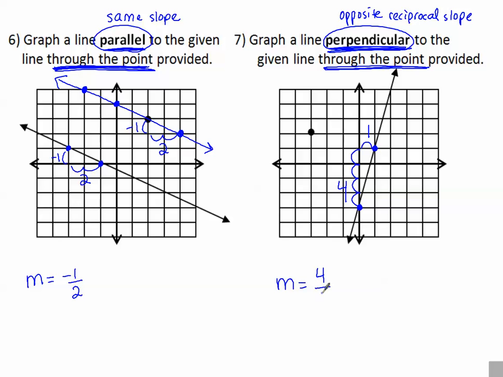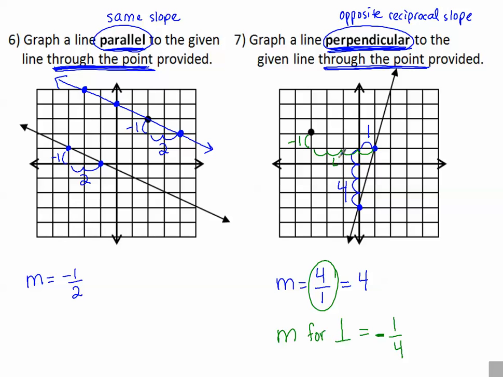So 4 over 1. Now I can write that as just 4, but if I have to do the opposite reciprocal, it's going to help me more to think of it as 4 over 1. So now I want to think the slope for my perpendicular line. The slope for the perpendicular has to be flipped over, 1 over 4, and the opposite sign, so negative. So starting at this point provided, I'm going to do down 1, and then 1, 2,